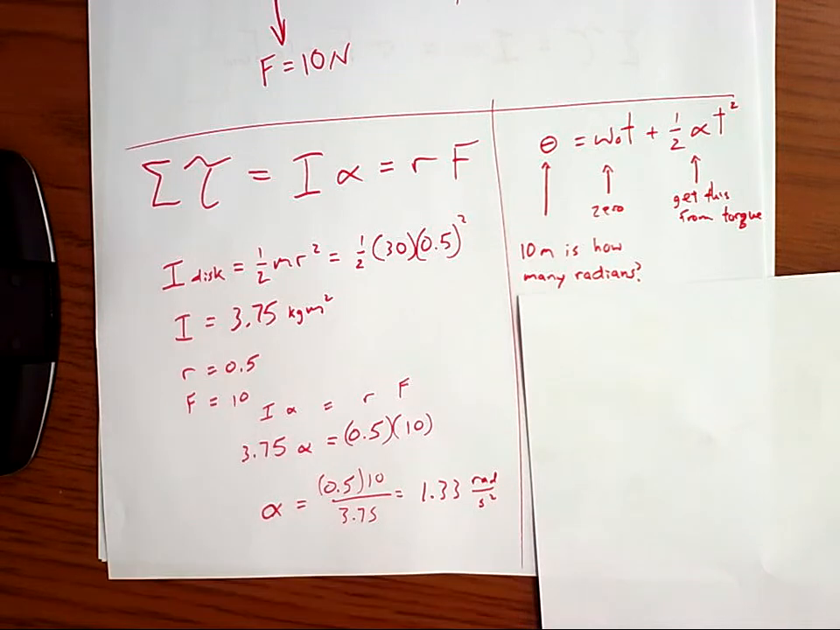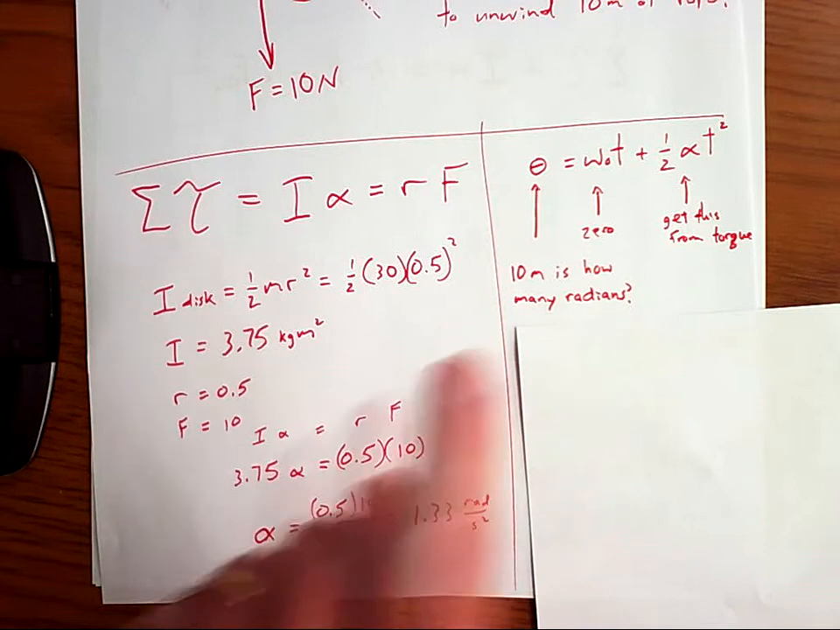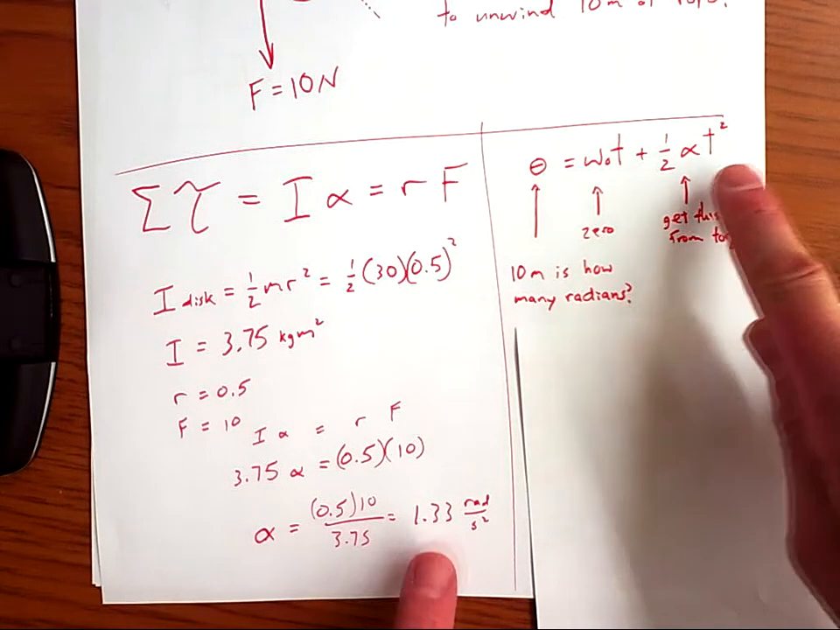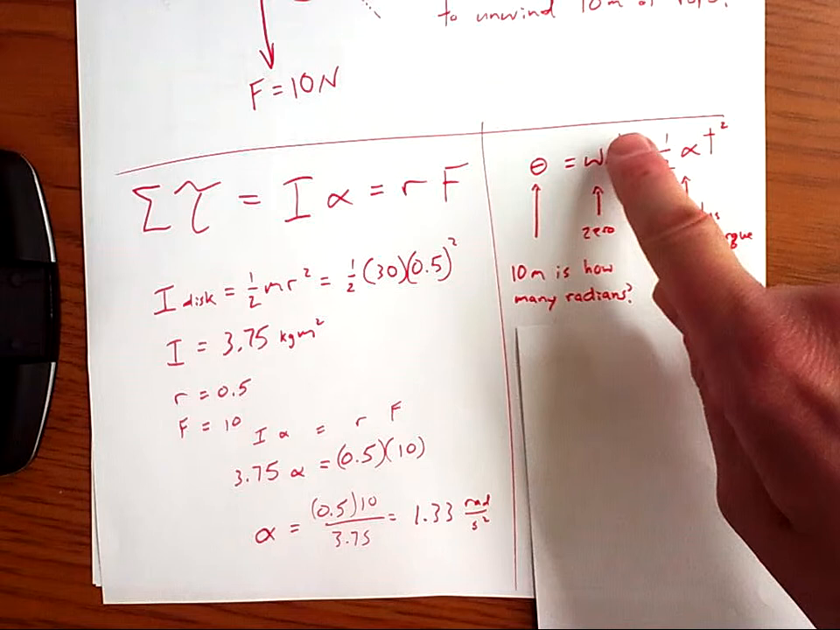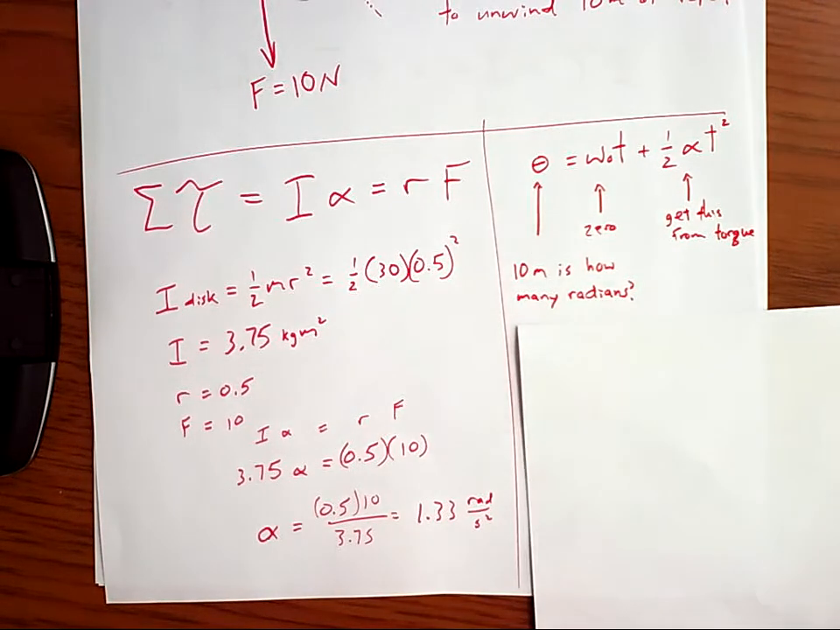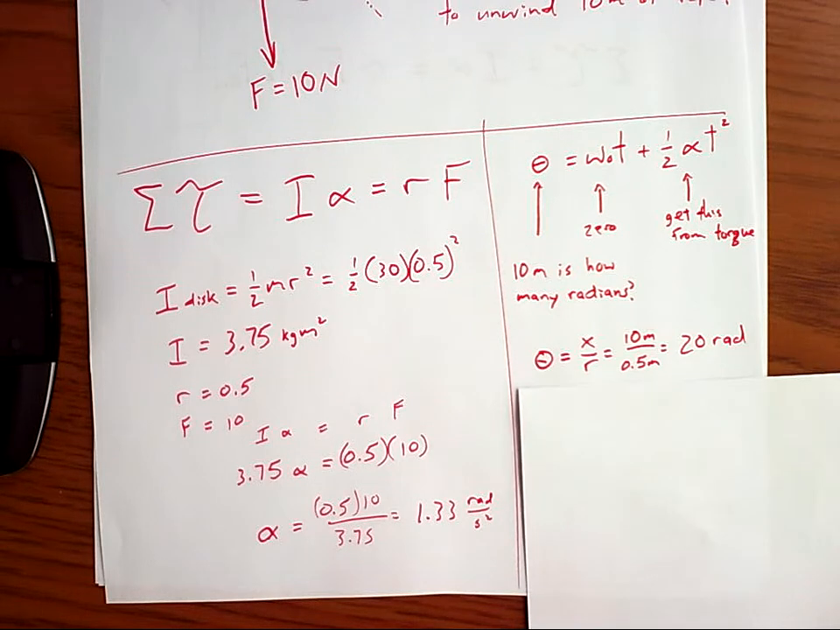So once I have that alpha, I can take it and bring it over to here. So I'm going to plug in the 1.33 up here. This is 0. I've got to figure out how many radians is 10 meters of rope. So in other words, if I were to lay out 10 meters of rope, what would the theta be for how many times it goes around the spool? I know the relationship between theta and the linear displacement is here. X is equal to r theta, or theta equals x over r. So 10 meters divided by 0.5 meters gives me an angular displacement of